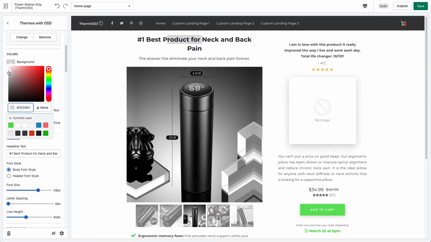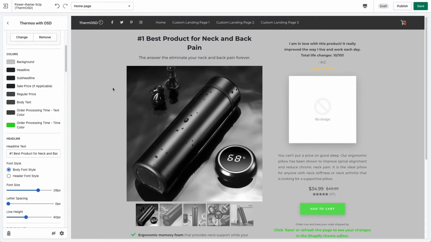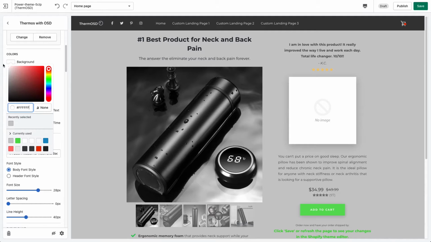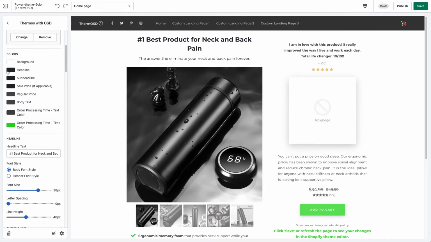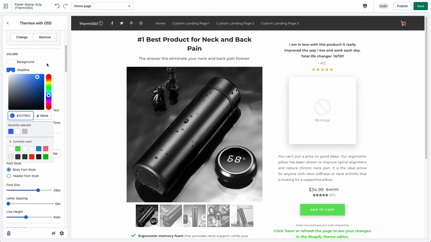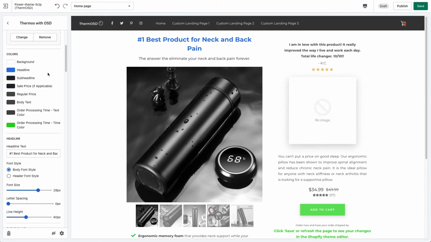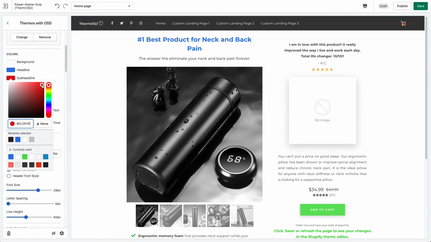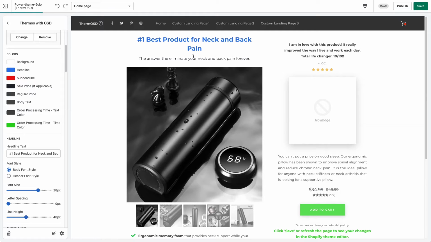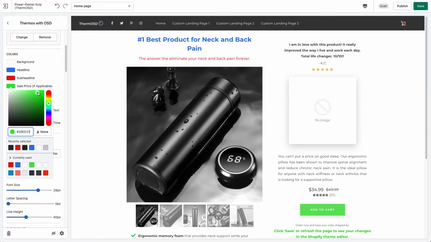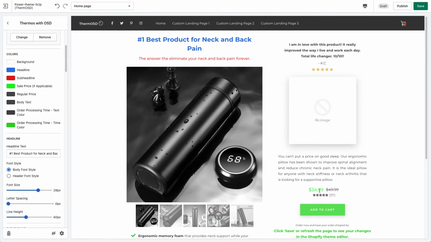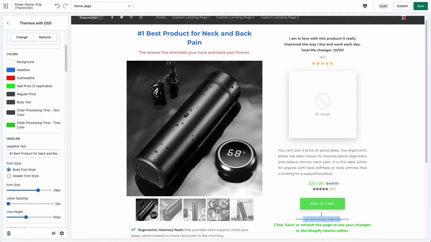So top to bottom, we have background color, headline color, subheadline color, sale price, regular price, which is right here, order processing time text, which is right here, and order processing time color, which